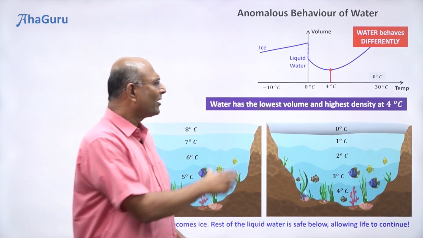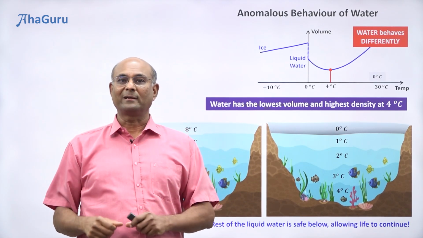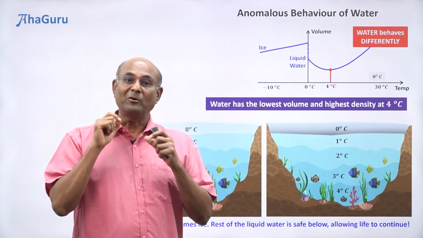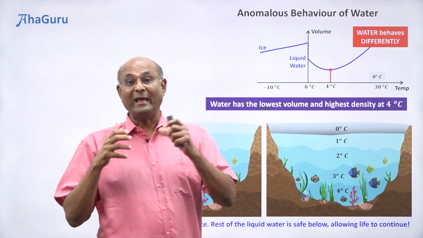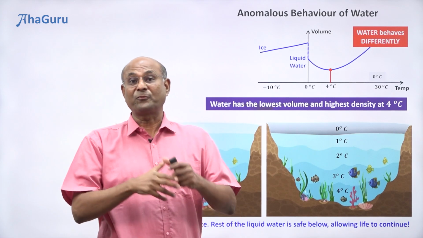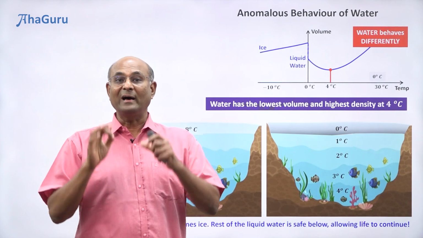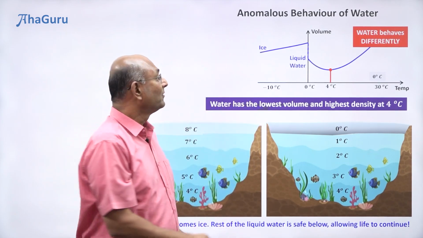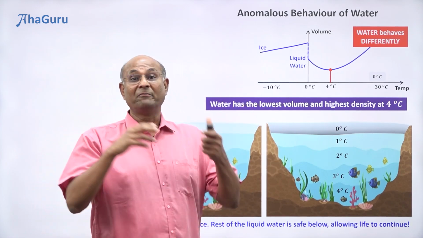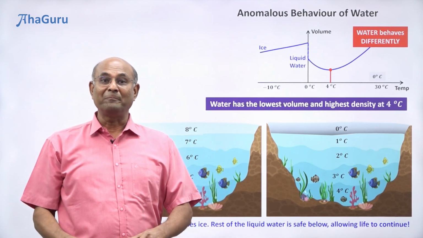Now you might think, okay, for life that is in water, maybe animals that are living in water, this is important. Maybe not so important for us, but wait a minute. Think about it. We all evolved from fish. We all evolved from life in the sea. So if the sea was frozen, life would have gone completely extinct, which means you would not even be here. All life on earth depends on this weird behavior of water. If water didn't have this weird behavior, we wouldn't exist. So we can thank the weirdness of water for our being here.